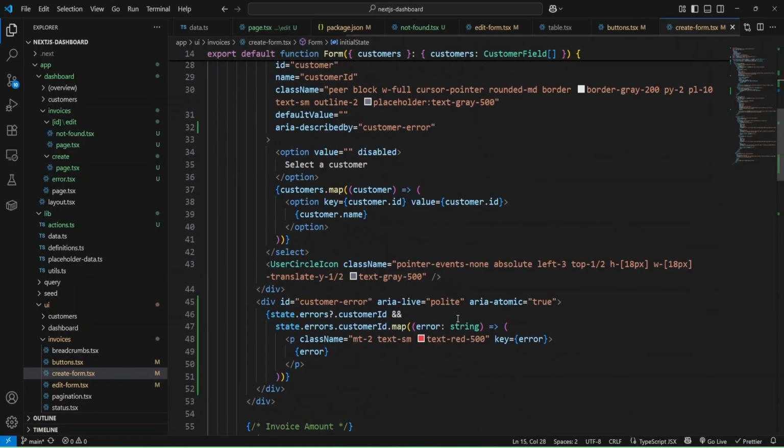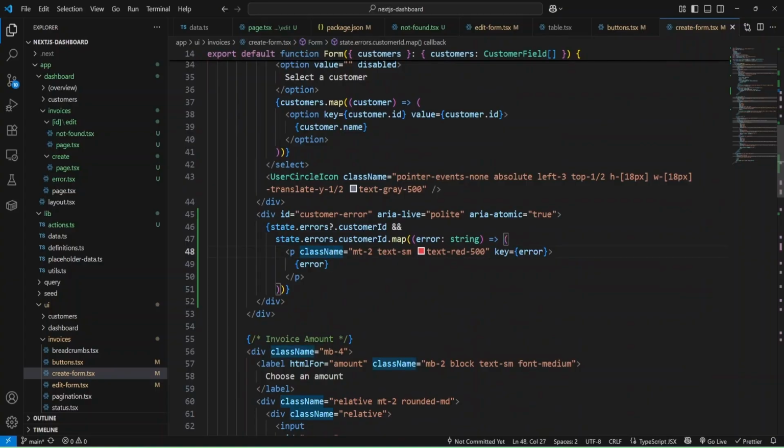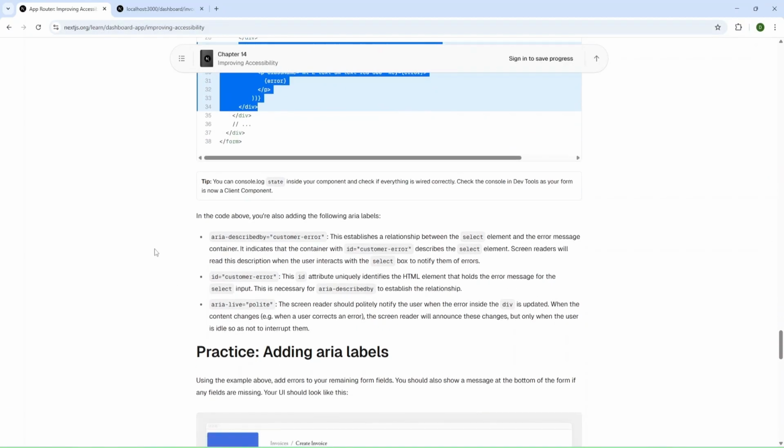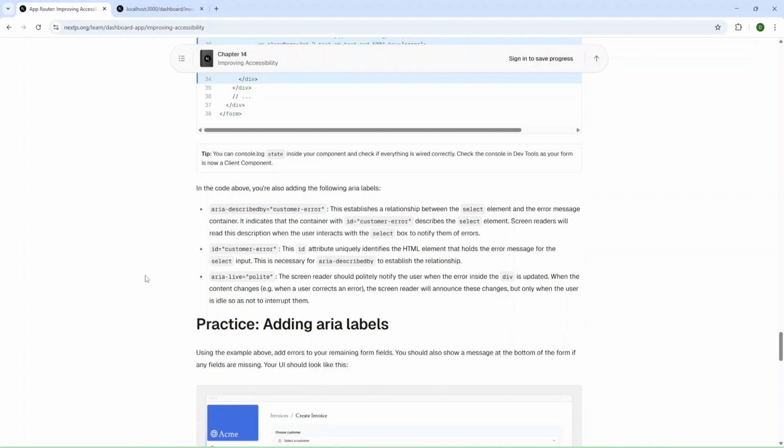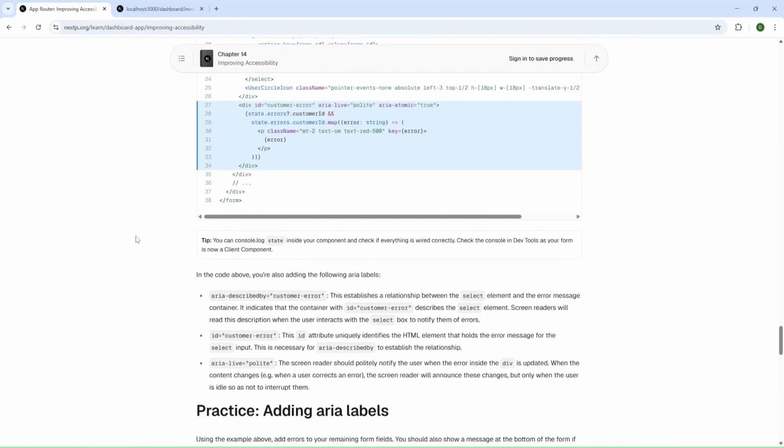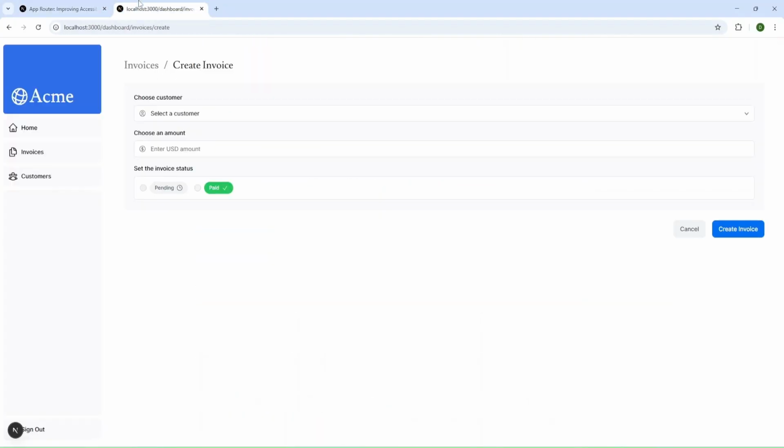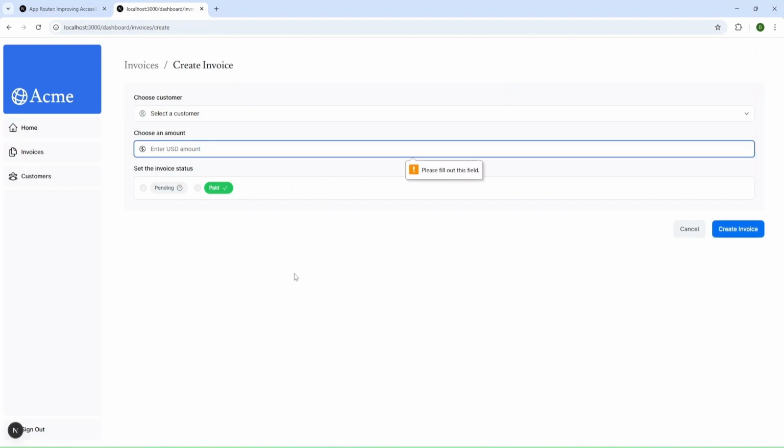Okay, import was added, and let's go further, and you can check the explanation, but now let's try. Okay, I'm going to create invoice, and as you can see, we have our, please fill out our form.